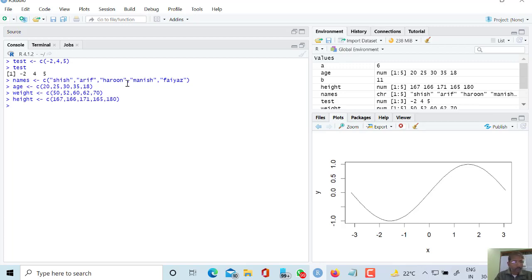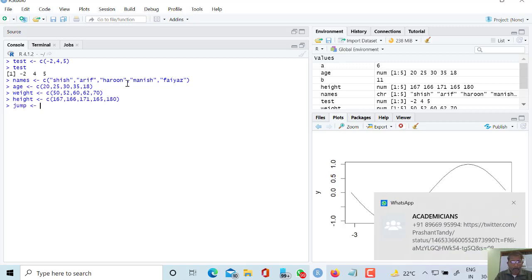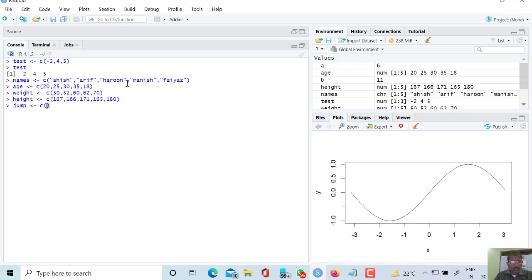So we can write other variables also. Jump. Suppose I am writing jump also.